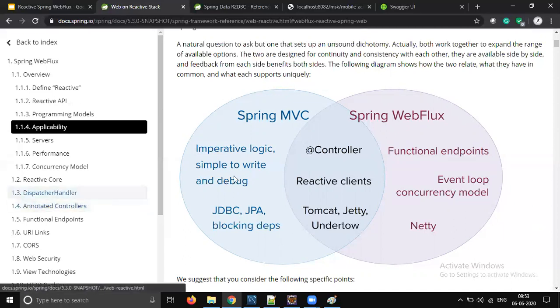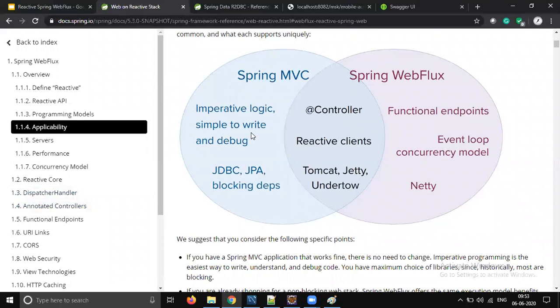We have support for filters, but we have to use the Spring web filter, right? We need to use Spring web filter, not servlet filter. So you should consider all those things, and you should take the decision on where you want to implement. You want to implement a native Spring MVC, or you want to implement native WebFlux, or you want to implement an application which supports both, right?